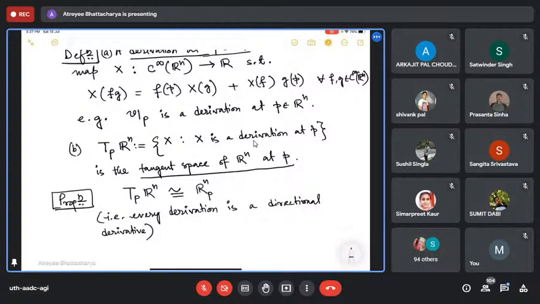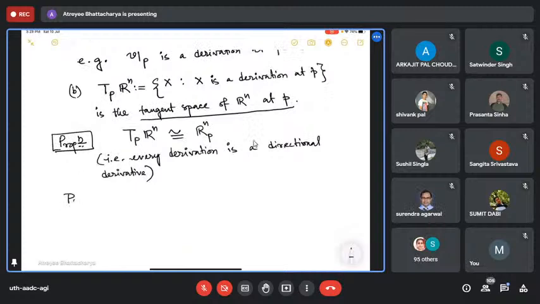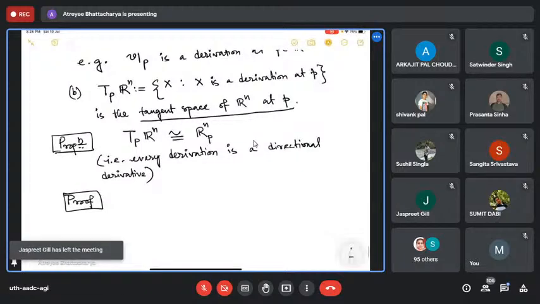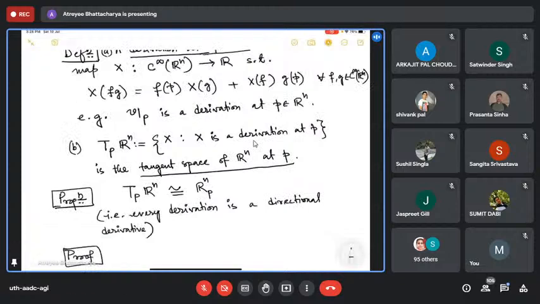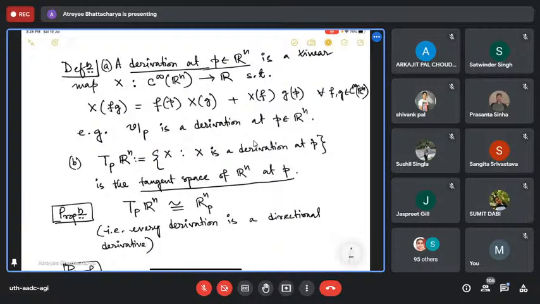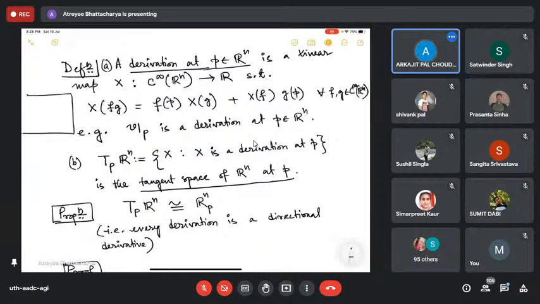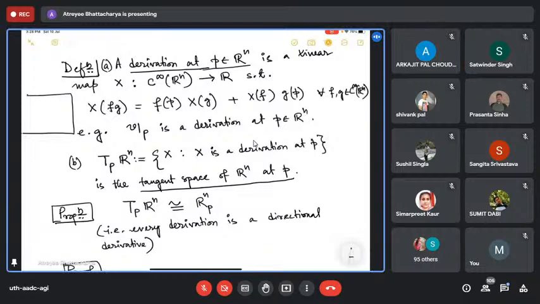Okay, so how do I prove this? Naturally, I'm saying all this, but before that, is it at all clear that T_p Rn, that is the set of all derivations, is a vector space? So I have a collection of linear maps from C infinity of Rn to R, which have this product rule. If I consider the collection of all such derivations, is it easy to see that it is also a vector space? You just have to compute. If I consider a linear combination, lambda1 x1 plus lambda2 x2,